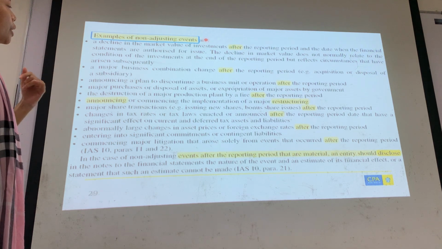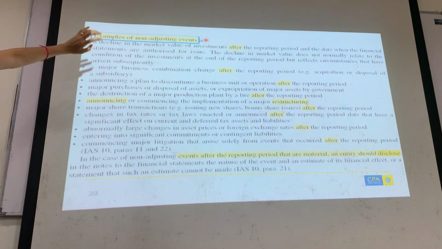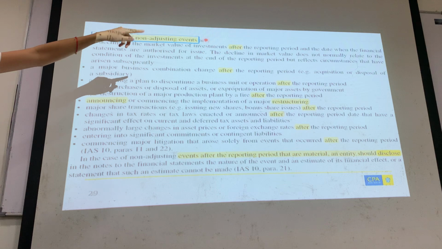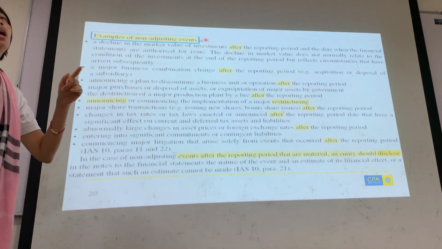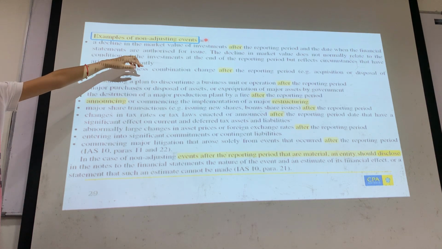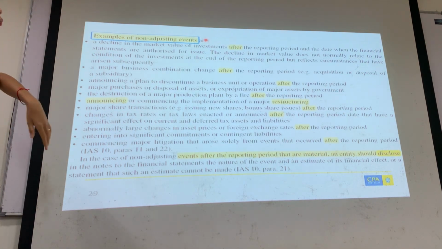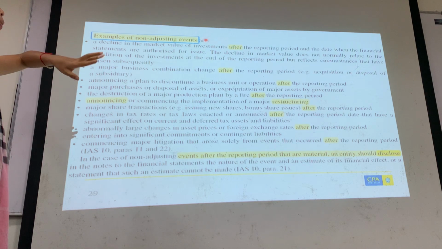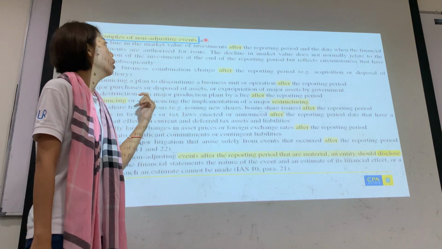examples of non-adjusting events. Why I purposely color all the "after" is because if you are so confused, if you have one question and the question said that thing happened after the reporting period, there is a higher tendency the answer is a non-adjusting event. So let's say a fire, let's say the share price drops, let's say you declare a dividend, let's say you want to buy a company after the reporting period, a non-adjusting event. Okay, so